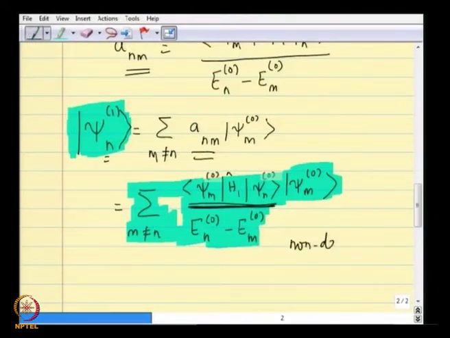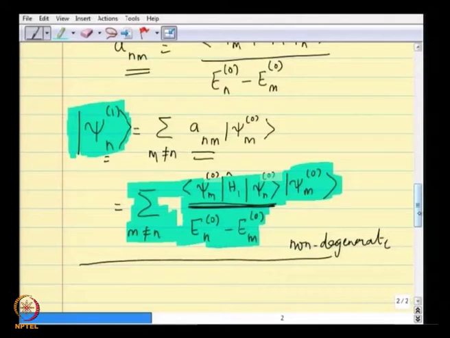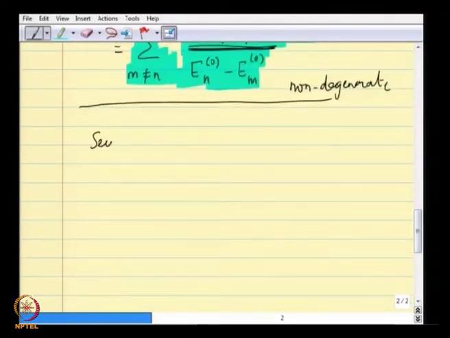What does that mean? No two energies are equal, and therefore when the labels are different, the energies are different, therefore the denominator never goes to 0, therefore it is a well defined quantity for the first order correction to the wave function. This is what we need to use in order to obtain the second order corrections to the energy